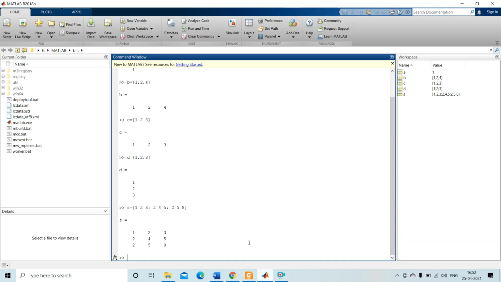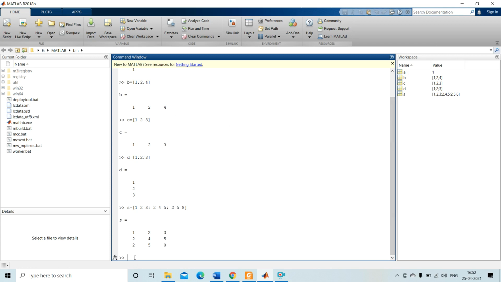So let's do each operation on matrices and arrays. Before going to that, we have to clear the variables stored in the workspace and all the previous commands.